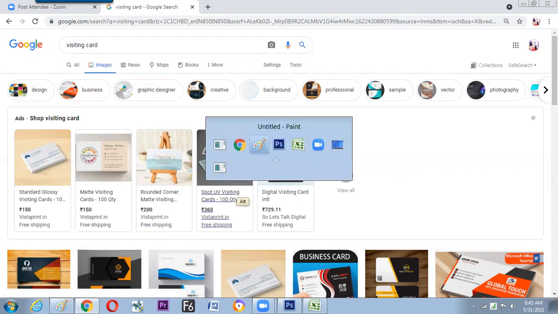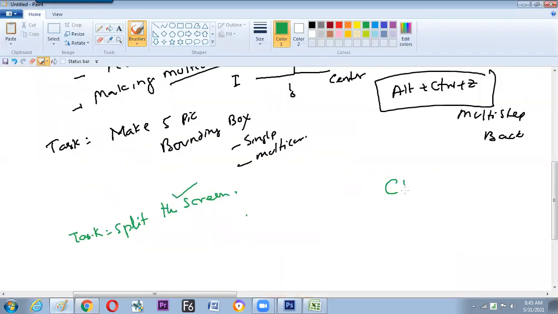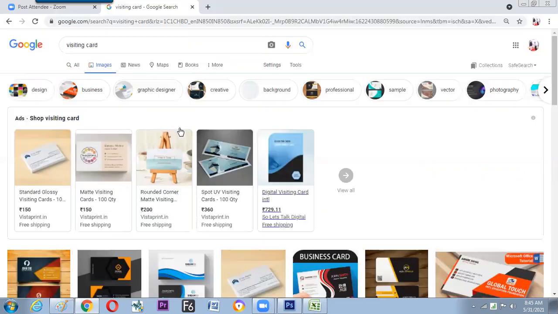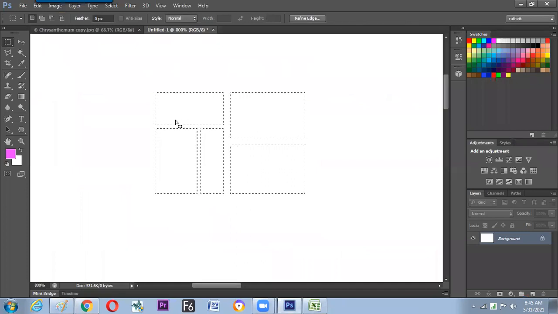How do you make a new canvas? Ctrl plus N. What is the size? Photoshop default size. We'll be going to a higher size later, but to start with, we've gone with Control N and the default size. Split screen is a major thing used in graphic designing. Maybe they can give some angle later on, but split screen is constant. Fine then. We'll move to the next exercise.